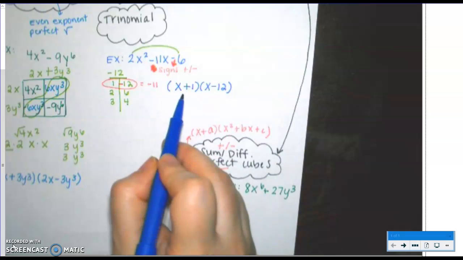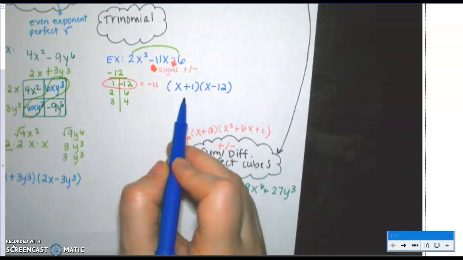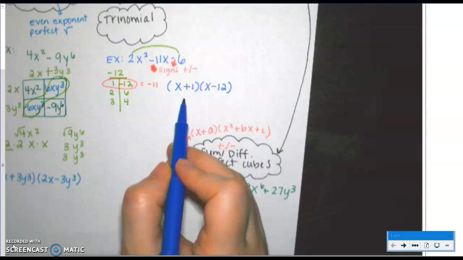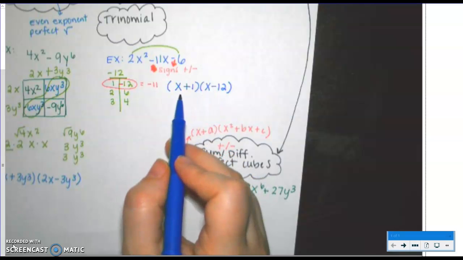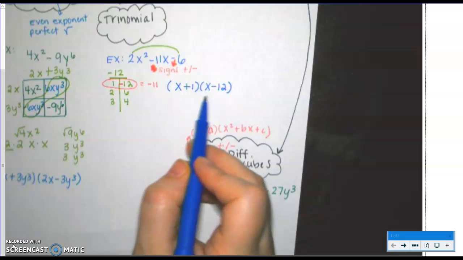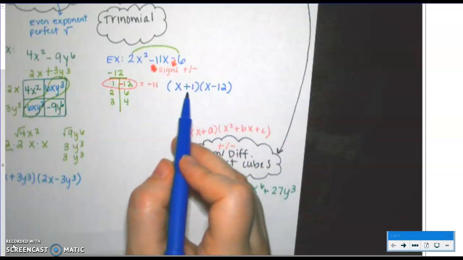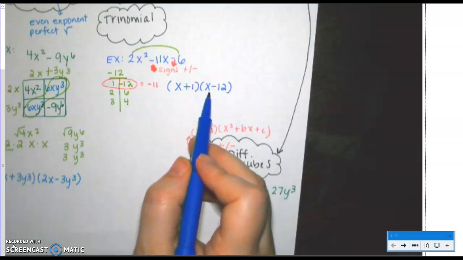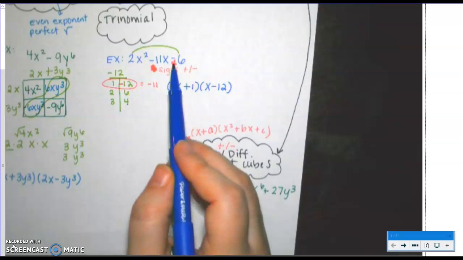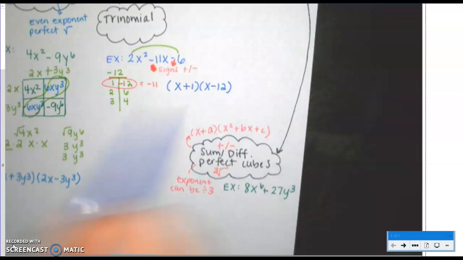Now obviously this is not the answer, and here's why I don't always love this shortcut, is because a lot of students think that from here they're done. X plus 1 times x minus 12 would be x squared minus 11x minus 12. That's not our original problem. So we're not done. The last step of the shortcut